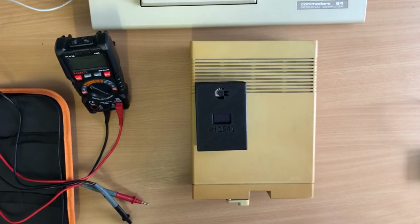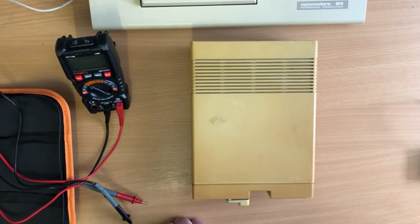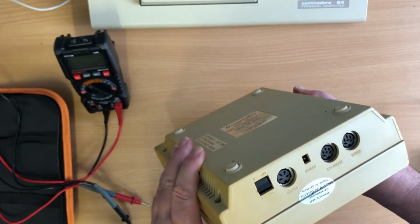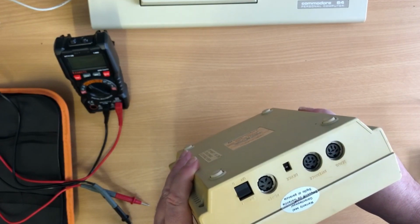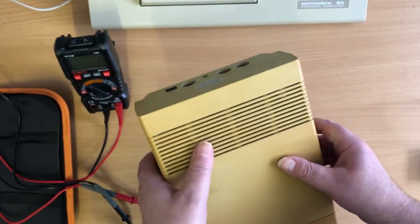There we go. Look at the size of those compared. That's awesome. And I need a power supply. Now these are really pricey, and they are the sort of thing that just kind of give up as age goes on. So I've been looking at getting a replacement, but then I found some guides on actually